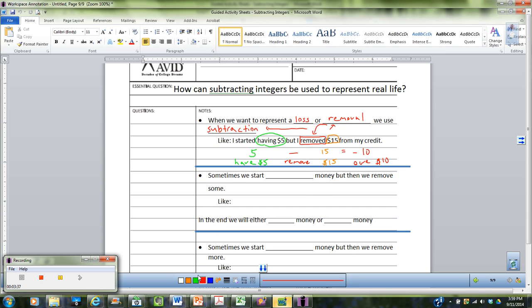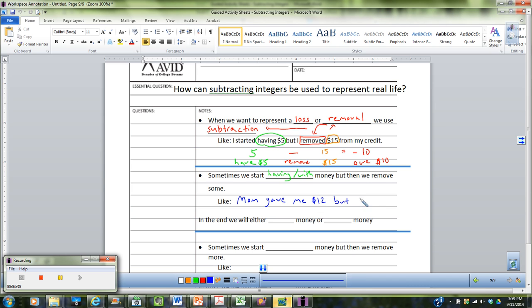Let's move on to the second chunk here. Sometimes we start with money, but then we remove some. So let's talk about a story where we start with some money and then we remove some. The story goes like this. Mom gave me, and she's going to give me some money because I'm starting with money, so gave me $12,